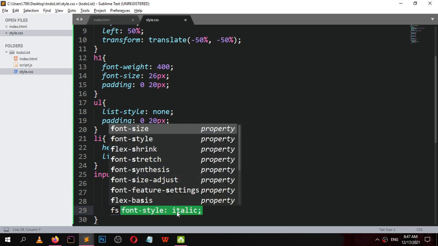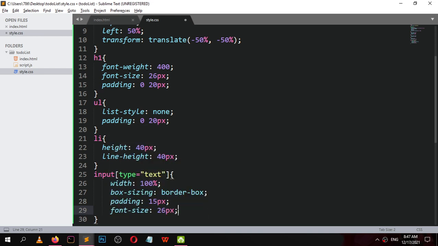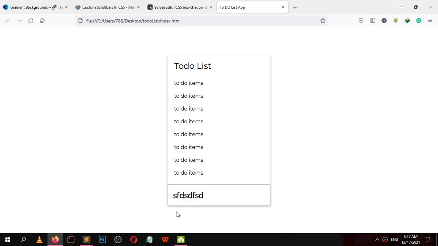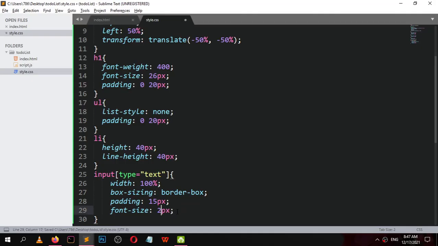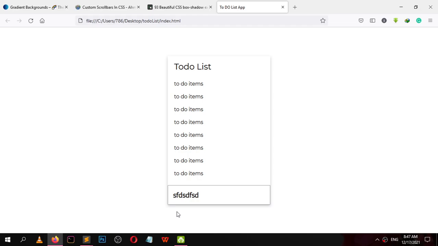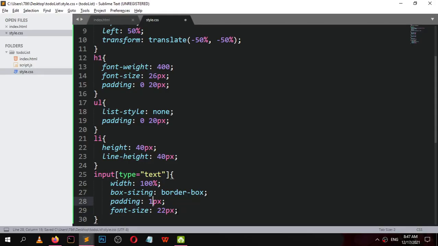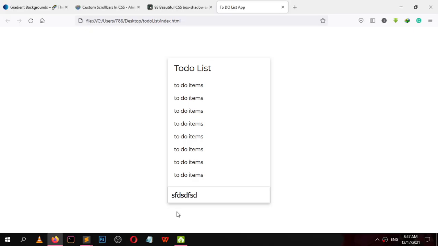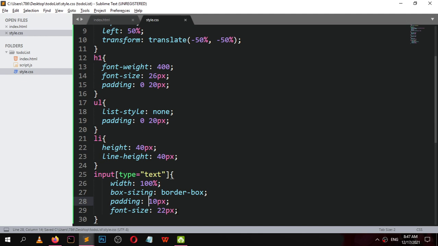give a font size of 26px or do it 22px, and this padding should be 10. Top and bottom 10 and left and right 20px.